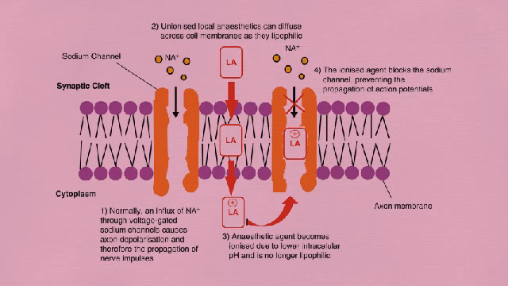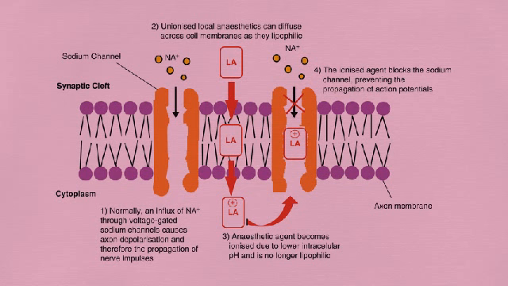You have to keep in mind that the inside of this cell membrane is negatively charged. On the inner side of this cell membrane, the concentration of potassium ion is very high, while the concentration of the sodium ion in the outside or extracellular space is higher. As you can see, there is sodium in this figure. Normally when action potential takes place, the sodium enters and it increases the positivity inside.